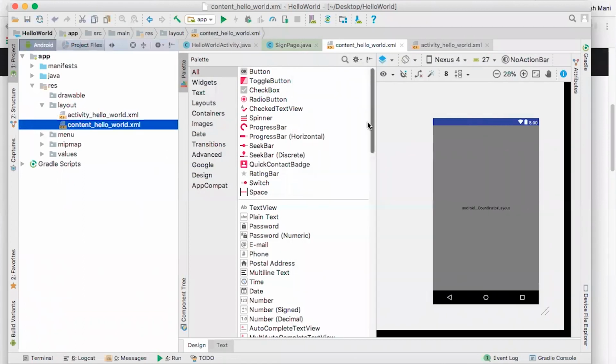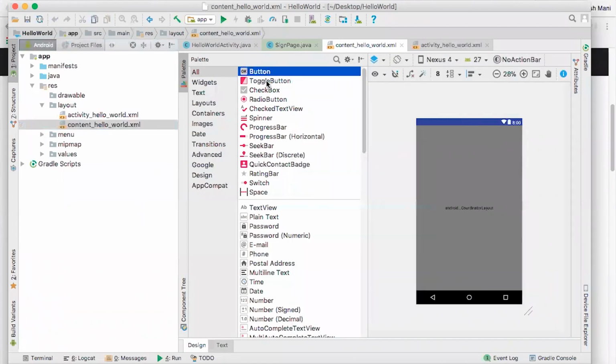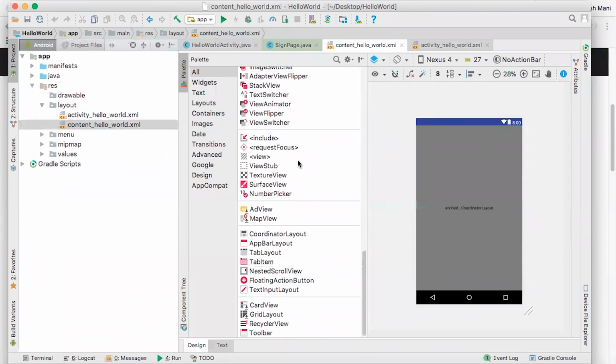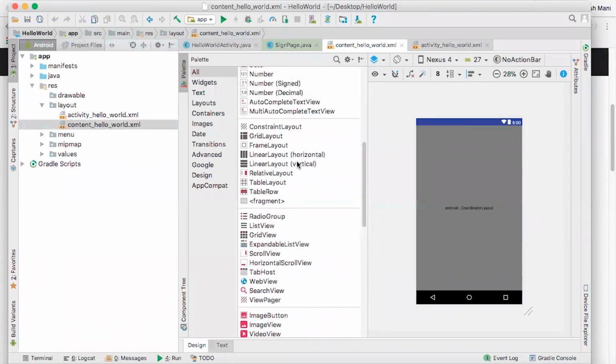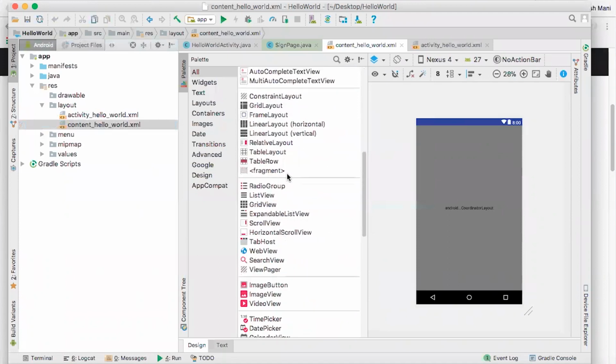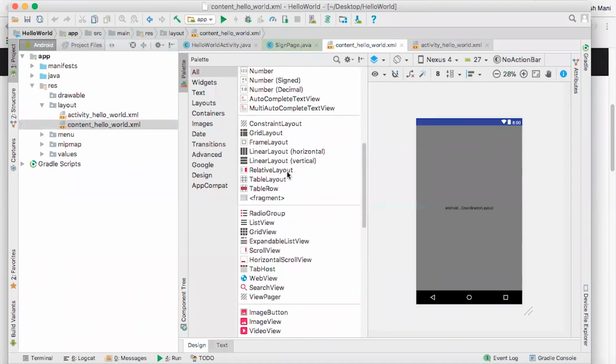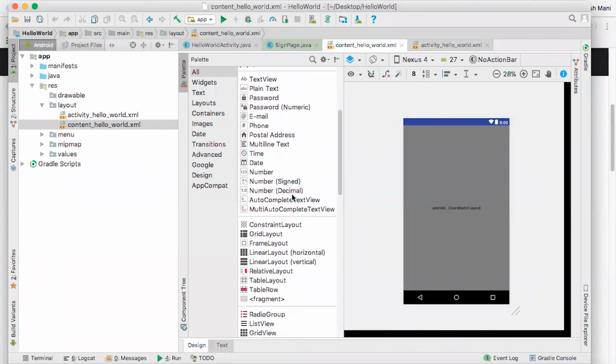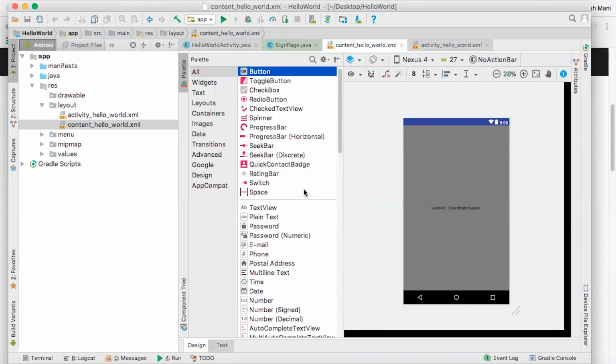You can see you have multiple UIs, like views, basically like button, toggle button, checkbox, radio button, text box, text view, spinner, progress bar, right? See this thing. We have a lot of views which we will use in our coming classes, right? We're not going to use all of them. We will pick the important ones and use them, and all the others are similar. So in assignments, you have to use all of these views, right? Okay, so